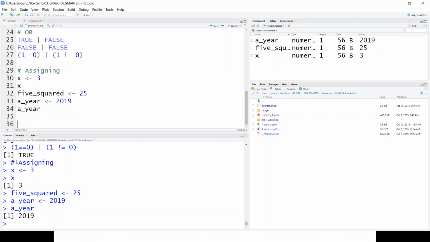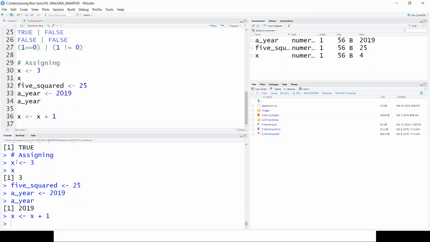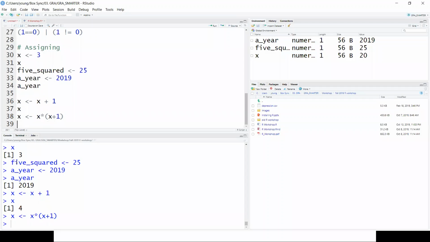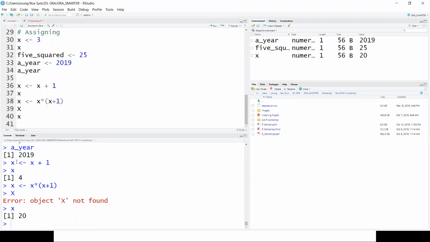Okay, and then using this object, we can do a new calculation like X. I'm going to assign X plus 1 to the X again. Then nothing happened, but we can see that this x was 3. So after I add the 1 to the 3, it would make 4, sorry. So x now became 4 like this. And then we can do a new calculation like this, and that would make x a 20, right?